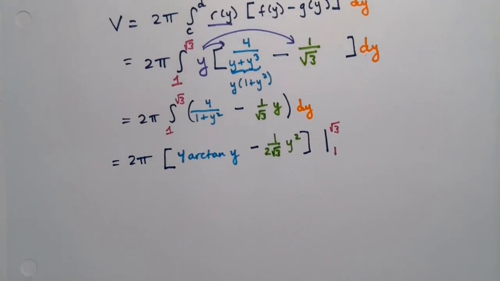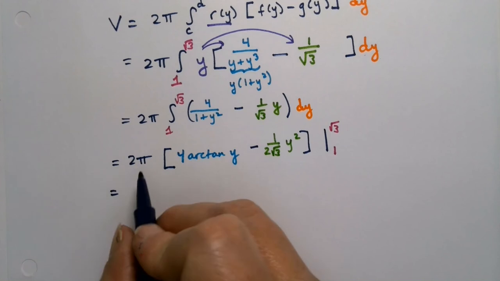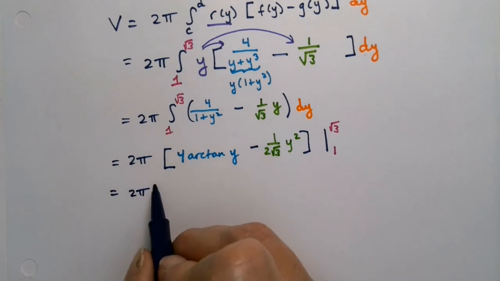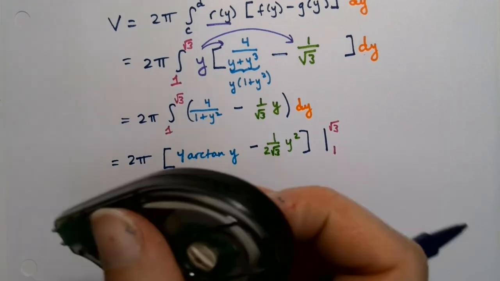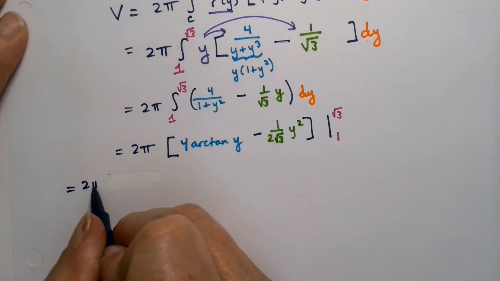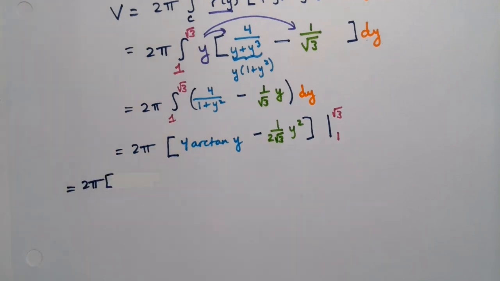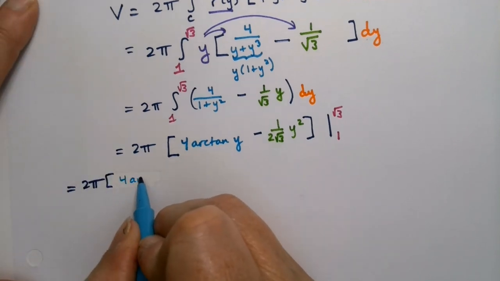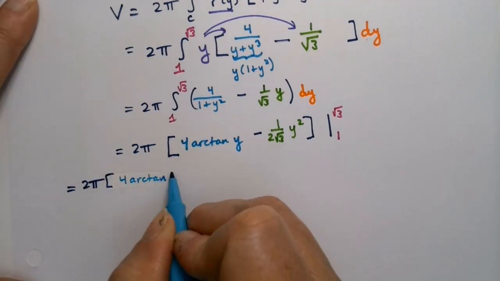Sorry, I got a little of an angle going. All right, so this is 2 pi. And now we really got to work for it. Actually, I'm going to have to give myself some space here. This is the one part that really needs some steps if I'm going to show this by hand. So this is 4 arctangent of the square root of 3